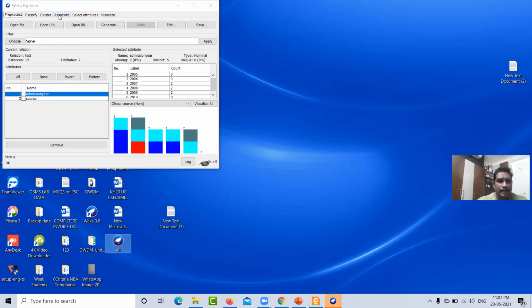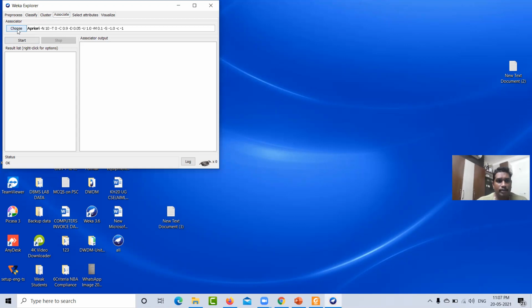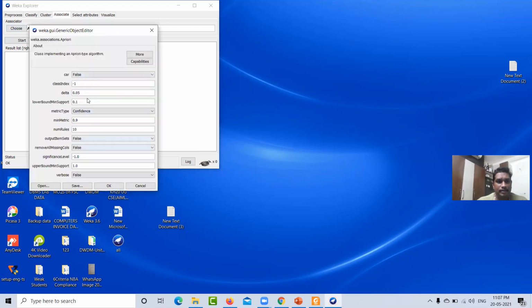Again, if you see the Associate tab, there is a particular concept here. If you are using confidence, the class index uses delta for cycling. The minimum bound is 0.1 and the maximum bound is 1.0. One cycle and the next cycle move by a delta of 0.05, giving 10 cycles. We are calculating the metric type called confidence, and the minimum metric is 0.90, with minimum rules set to 10.